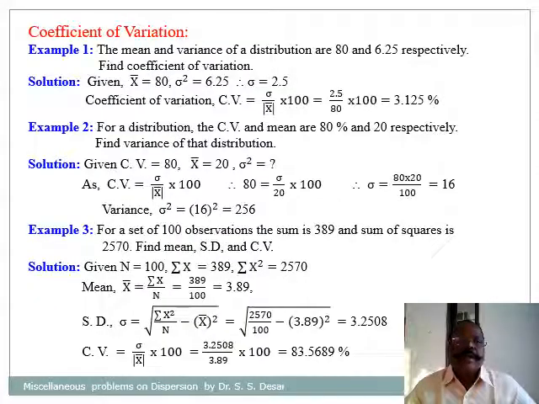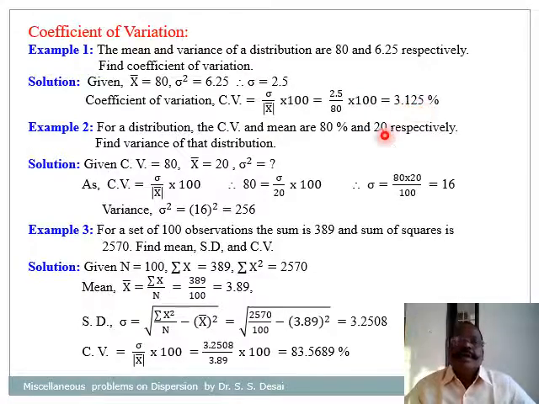These are some critical problems based on CV. The first problem is like this. The mean and variance of a distribution are 80 and 6.25 respectively. Then find coefficient of variation. So here they have given mean x bar is equal to 80, variance sigma square is equal to 6.25. Therefore, standard deviation sigma is equal to 2.5. And the formula for CV is sigma divided by x bar into 100. So by substituting the values, it gives us 2.5 divided by 80 into 100 equal to